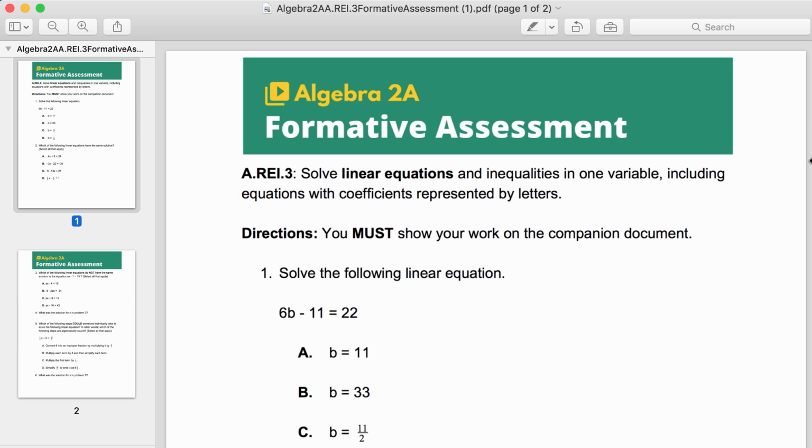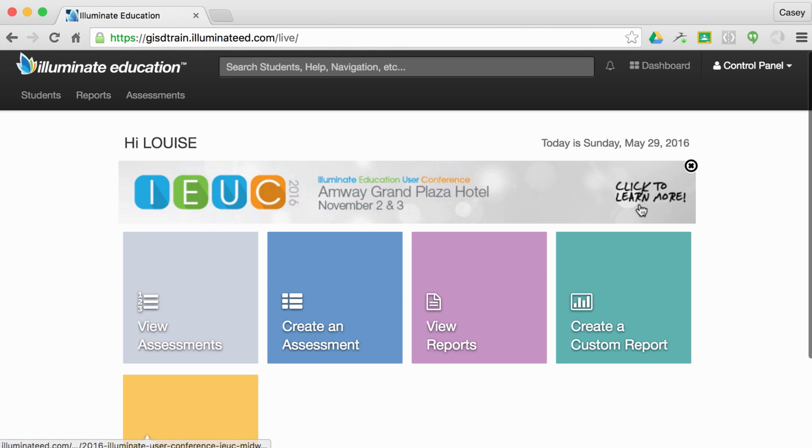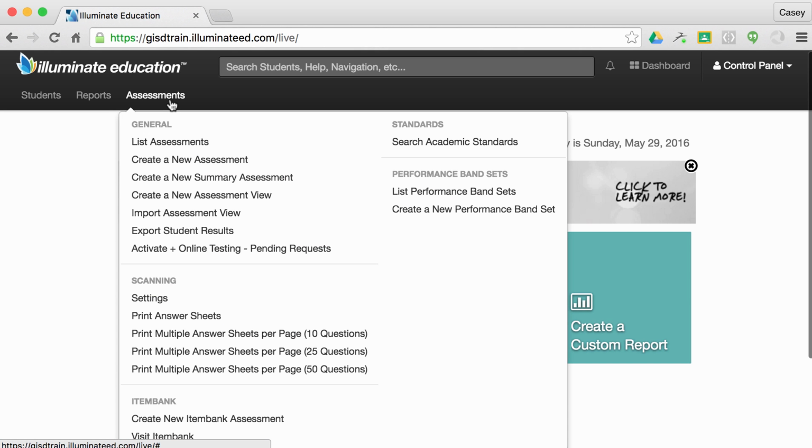Later on in this video, I'm going to show you how you can attach this digital copy of your assessment to the manual/hybrid assessment within Elluminate. So once we're signed into Elluminate, to create a new assessment, we're going to click Assessments, Create a New Assessment,